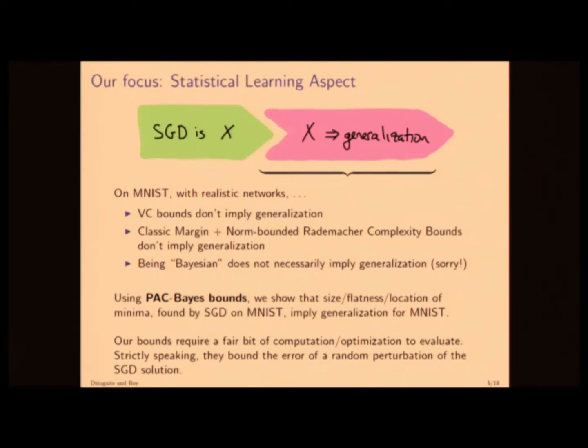So what we're going to do instead is use PAC-Bayes bounds, and exploit the structure that people have been talking about, which is a little fuzzy: this notion of flat minima. But here I'm emphasizing it's not only the flatness, but maybe the location of those minima. And these minima are going to be ones that we find in the wild, so this is a bit of an empirical thing. But we can then apply PAC-Bayes bounds to these minima we find in the wild, and these are wide enough and close enough to some point that I'll specify later, such that we get generalization.